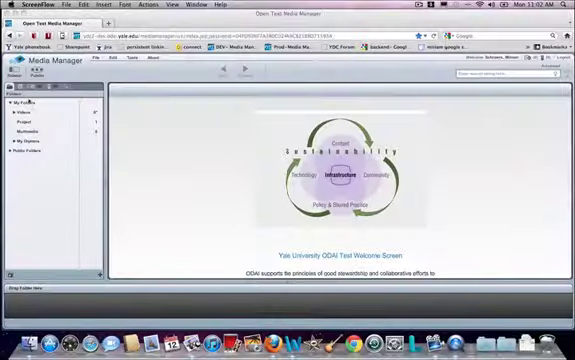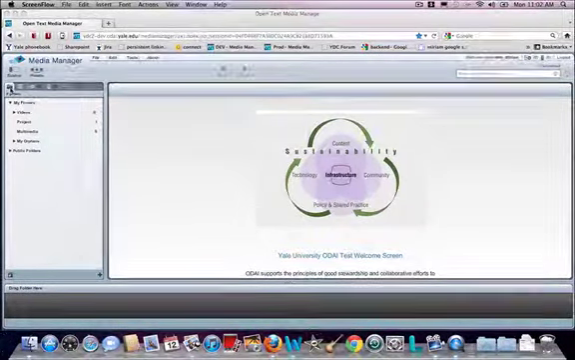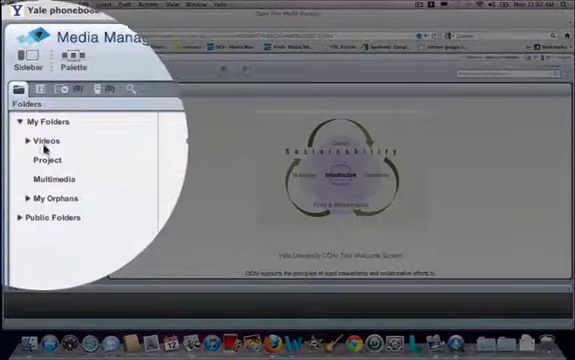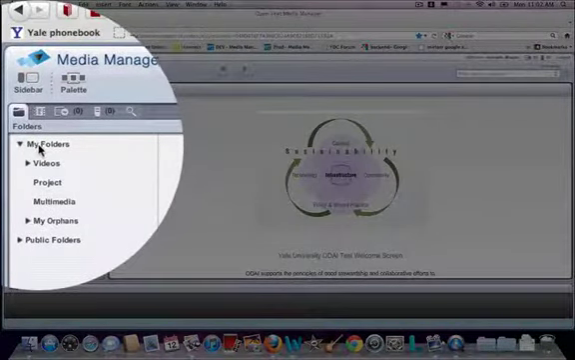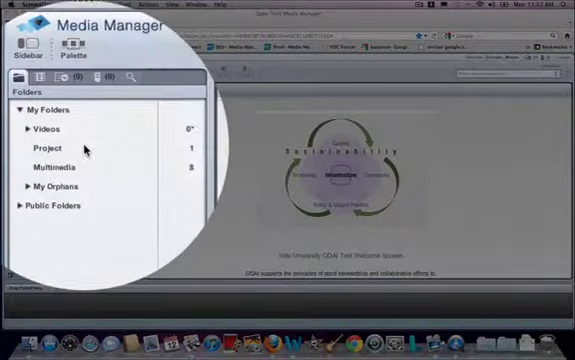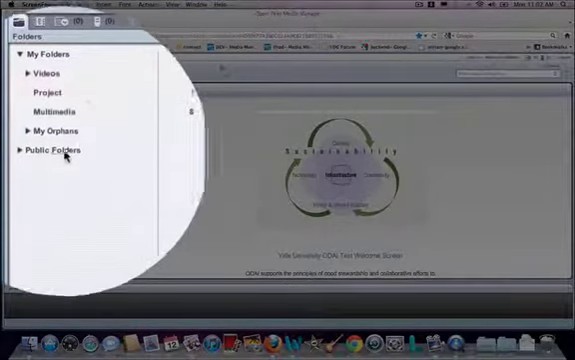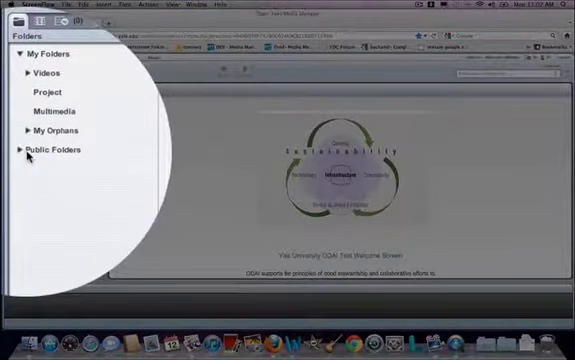The sidebar is where I really access and manage my digital assets. So starting with folders, you can see that I have folders I've created personally for myself, and I use these to organize my own personal projects. There's also public folders,